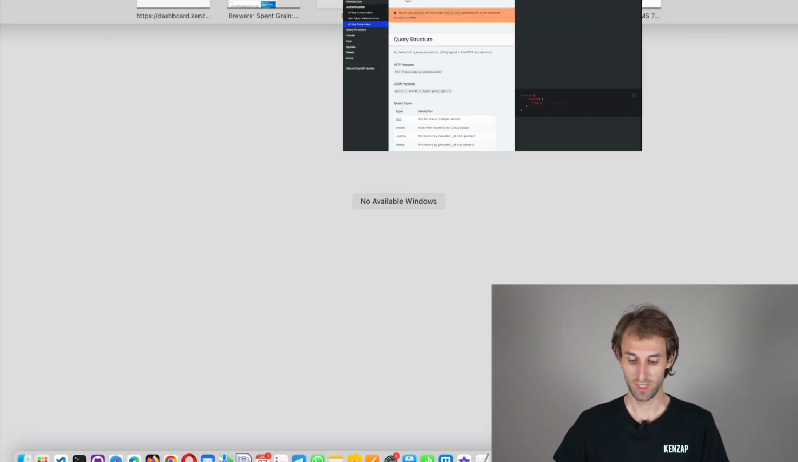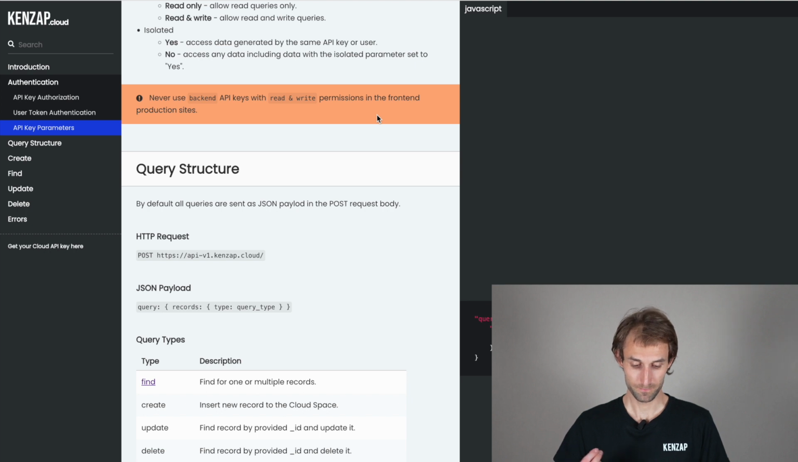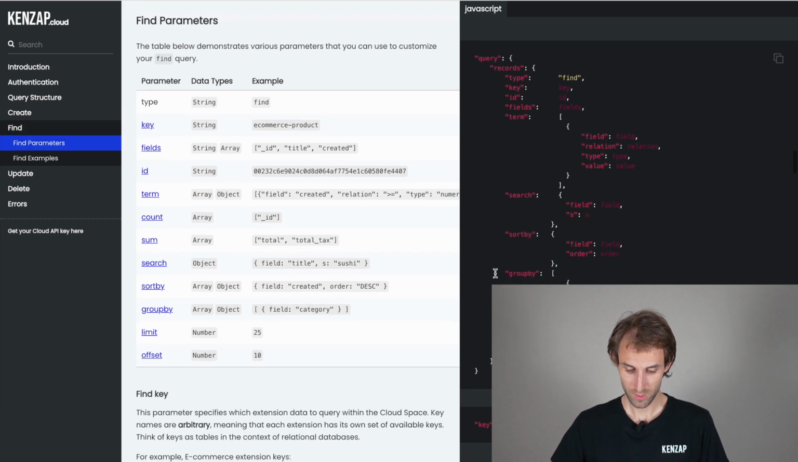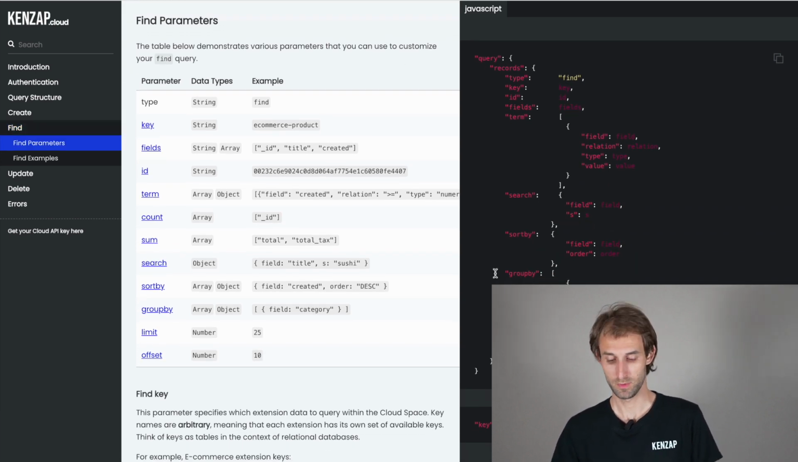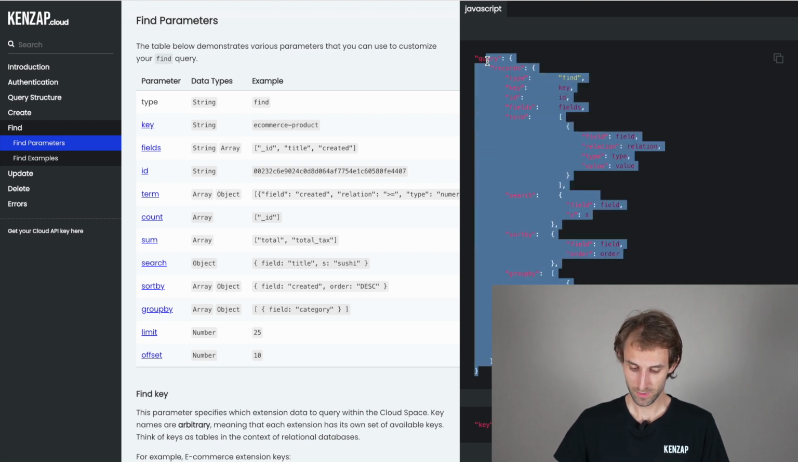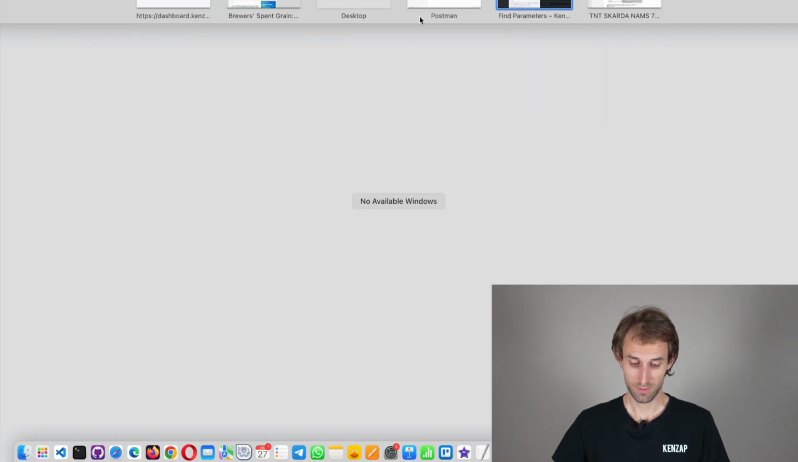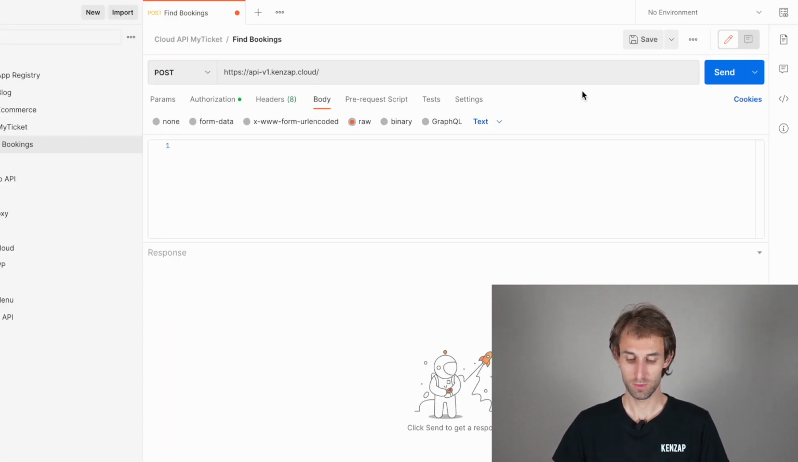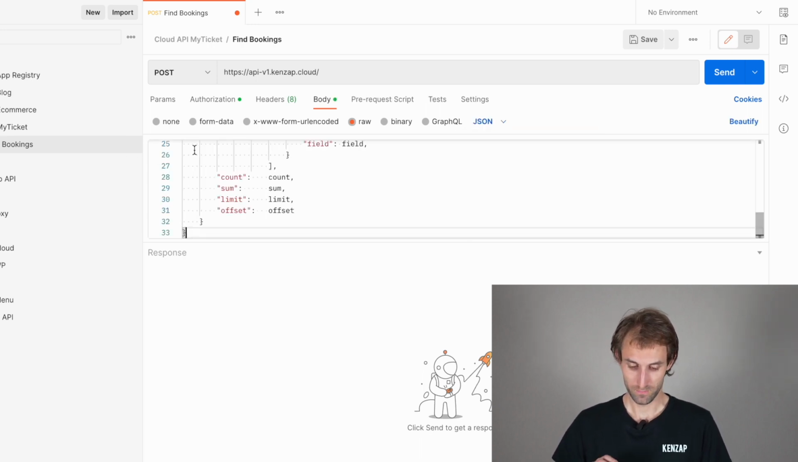Okay, let's go back to developer.kenzap.cloud, the API documentation, and find our find command. So here are all of the possible parameters that you can use in the query. I simply copy everything that you can see here that is provided as an example and paste it into the body tab. Before I can do this, I need to enable the raw option, and for text, it has to be switched to JSON. So I'm copying